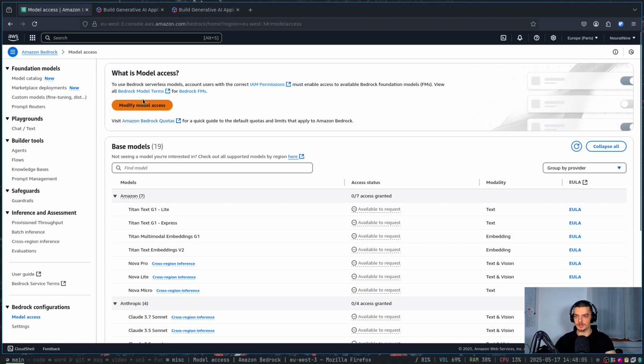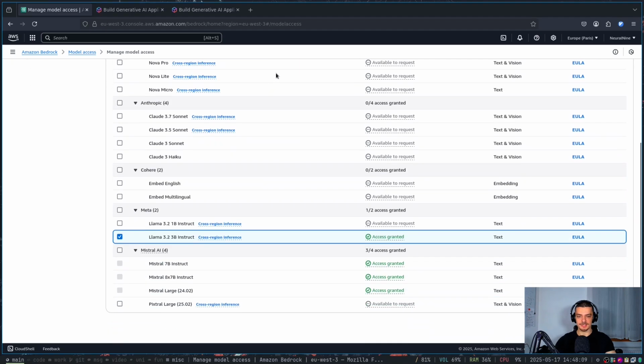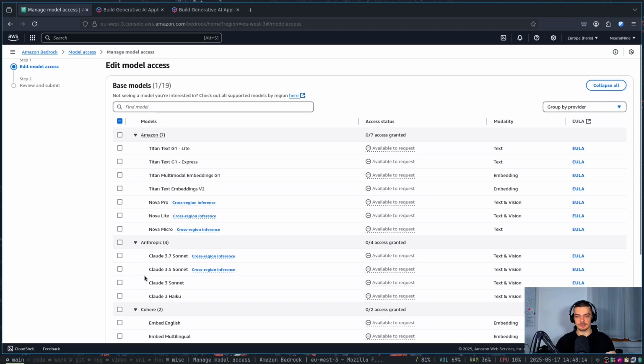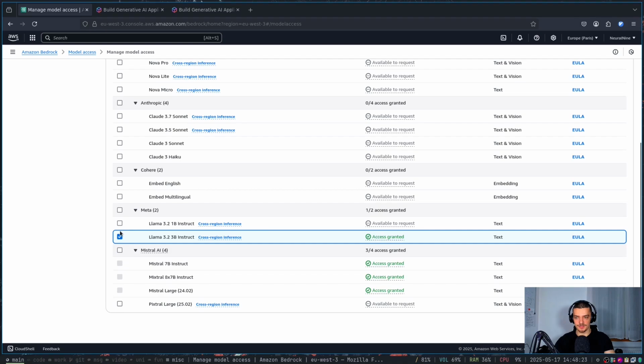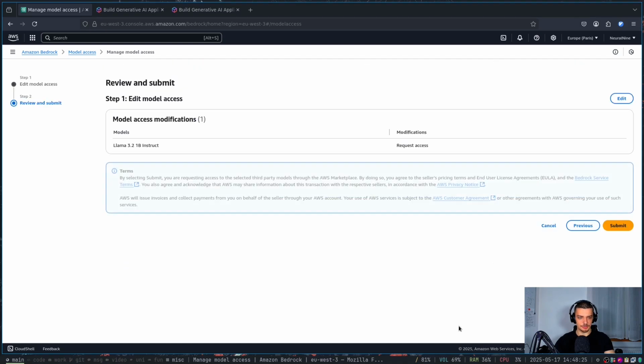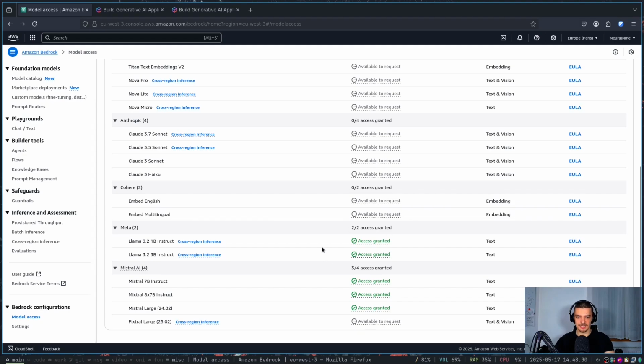and then all I have to do is click on modify model access, and choose the models that I want to use. Now, one thing that's important to know here, it doesn't really produce any problems, but if you want to use a Claude model, you have to provide a reason, and it takes some time for you to get approved, so for access to be granted. If you use something like Llama or Mistral, you basically just select it, you go to next, and you go to submit, and then immediately you have access. So it's very straightforward. Now I have Llama 3.2, 1 billion, 3 billion instruct enabled, and also the different Mistral